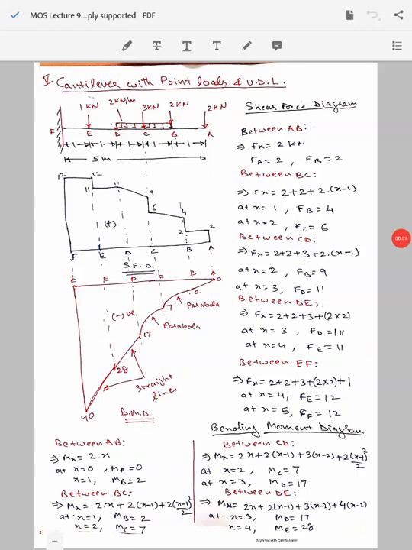Hello students, in our previous lecture we did the cantilever case subjected to point loads, and we also did the case in which the cantilever was subjected to a uniformly distributed load at a different span of the beam. We are going to look at the case where we have a combination of loads on the cantilever. That means the cantilever beam is subjected to both point loads as well as a uniformly distributed load